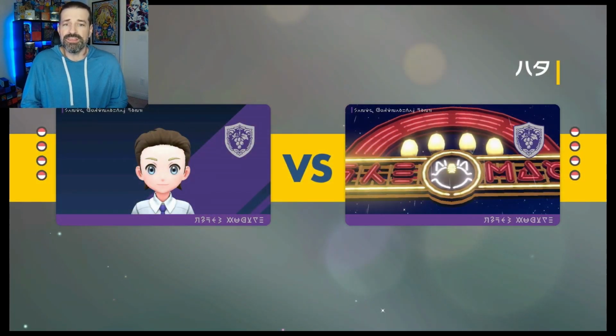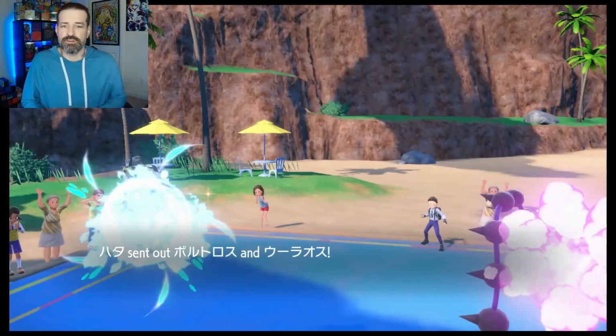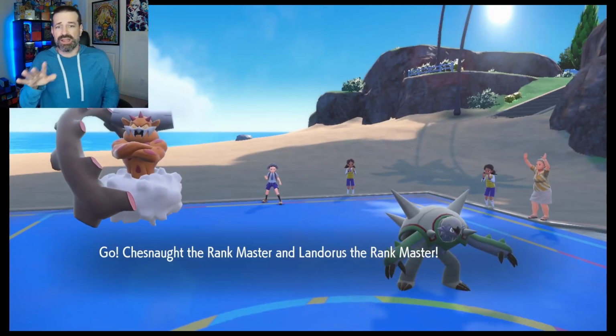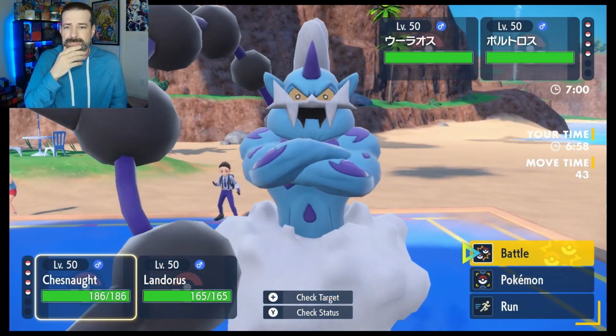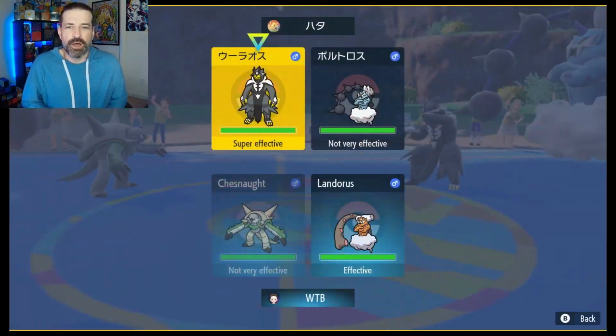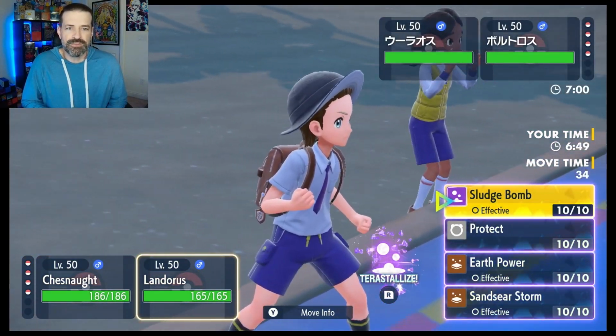Don't know if we're going to win this one, but again, I really want Chesnaught to see the field and be able to get it to do a couple of the things that it's really out there to do, which A is to taunt. Oh, you gotta be kidding me. This actually does kind of work out, though, I will say. Yeah, this does actually kind of work out. I'm not going to lie. So I'm going to go Bullet Seed over there, and then we're going to Terrestrialize and...